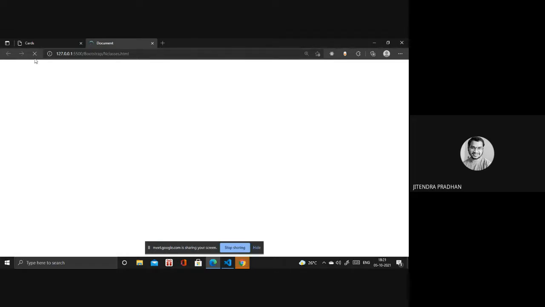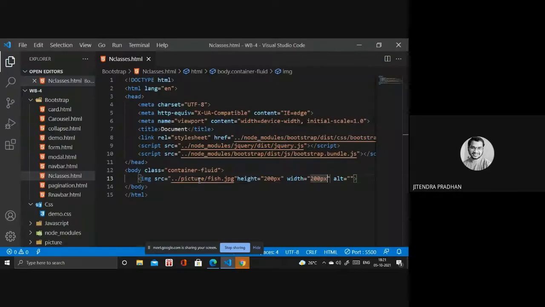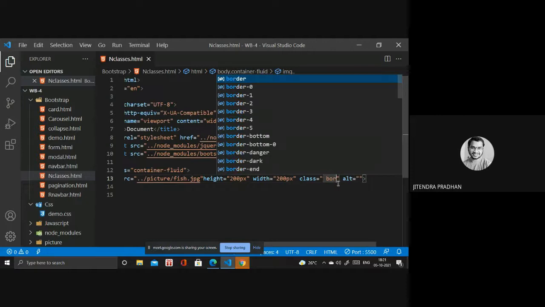Yeah, it looks fine now. So next, if I want to add border radius, then I need to use classes inside class. If you need a border, then you need to use border, and border one or two is the thickness.